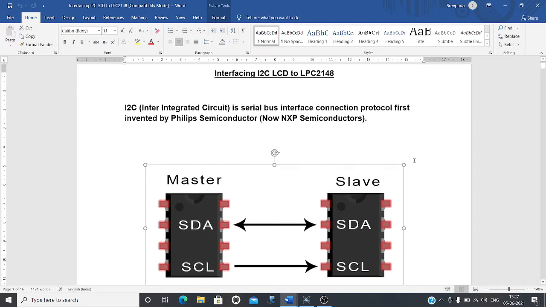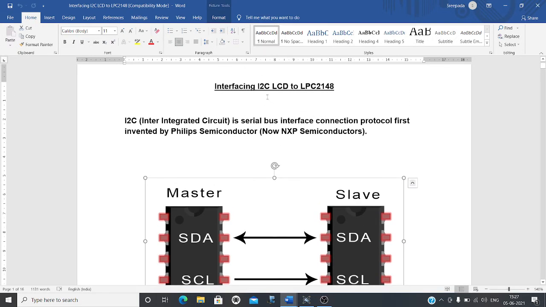In this experiment, interfacing I2C LCD to LPC2148, we will give one single connection from LCD to LPC2148, and using the I2C protocol we will send the data from this microprocessor to LCD. I will show you the circuit diagram of our experiment.